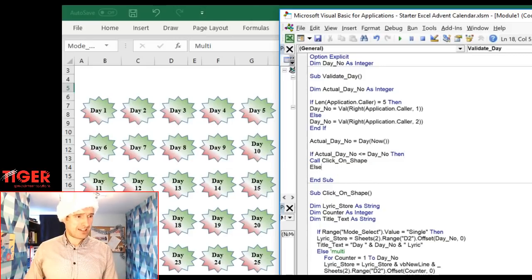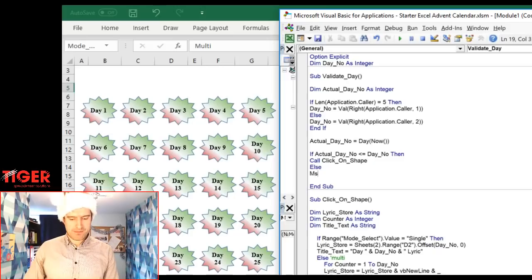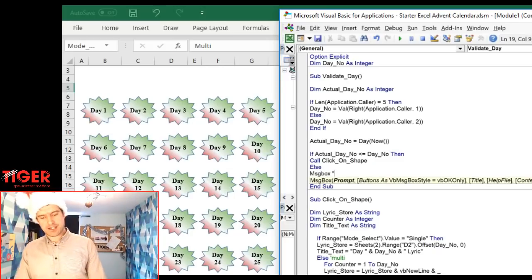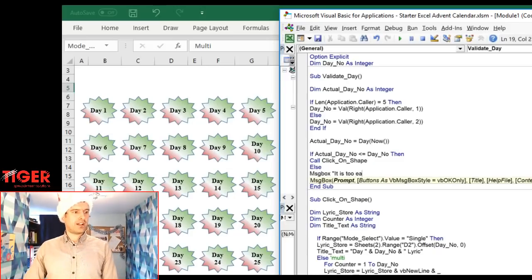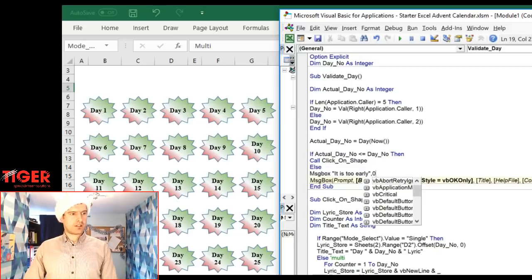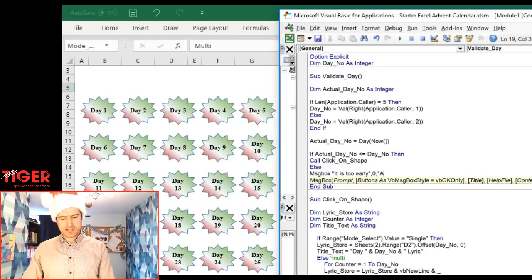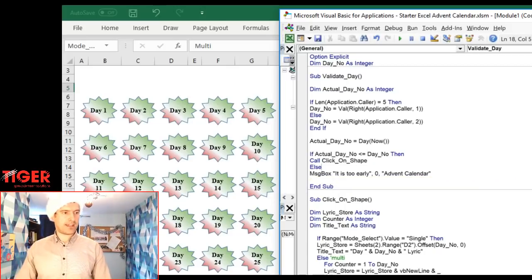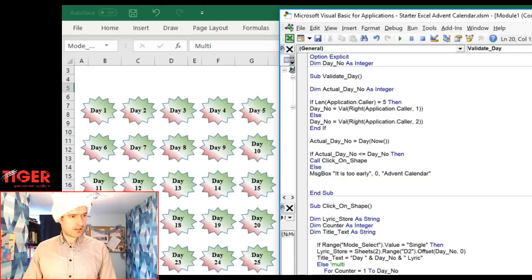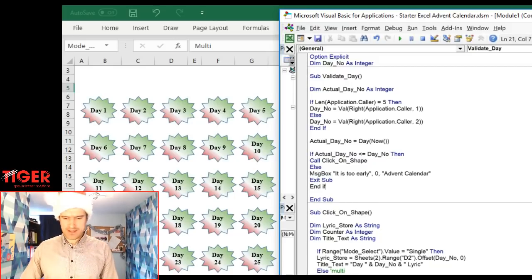If not, then we're just going to show a message box saying it is too early, with the usual message box text here, and Advent Calendar. Okay, there we go. And then at this point, we do want to exit the sub, although I think that pretty much would have happened anyway. Okay, good. So what are we expecting to happen? Well,